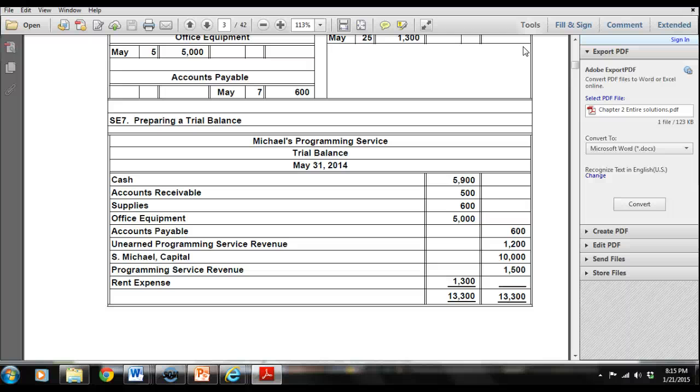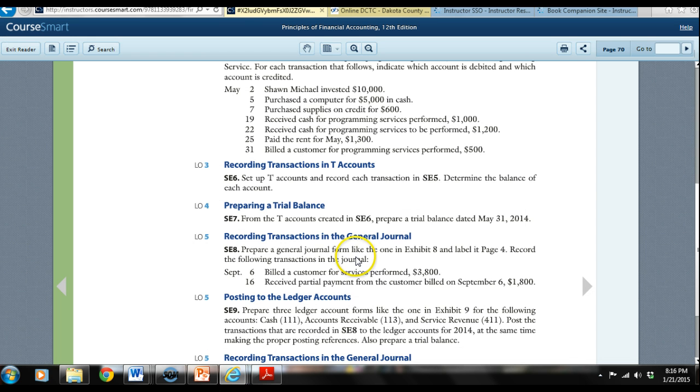The debits should equal your credits. Does that make sense? Can I move on from this? Are you guys okay with that? Okay, so as we look here,